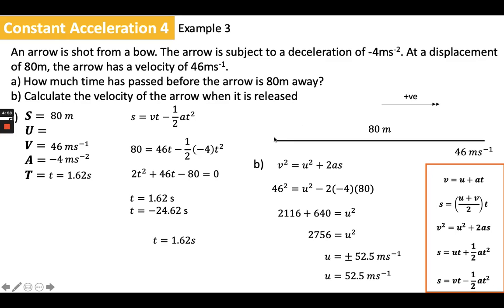Okay, so time can get bigger in reverse, and we can move backwards in time. So what this is saying is that 24.62 seconds ago, if I go in reverse from this point, I can have a situation where an arrow reaches this point with this speed 24.62 seconds ago. So the way that motion would have worked is saying that 46 meters per second, this v,